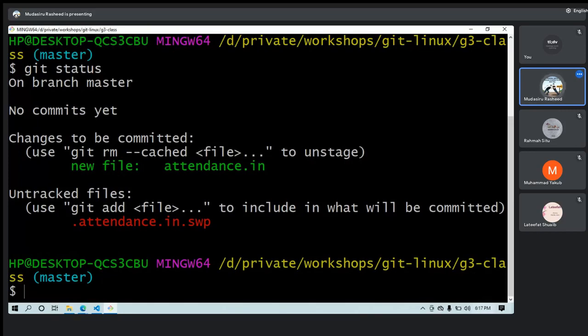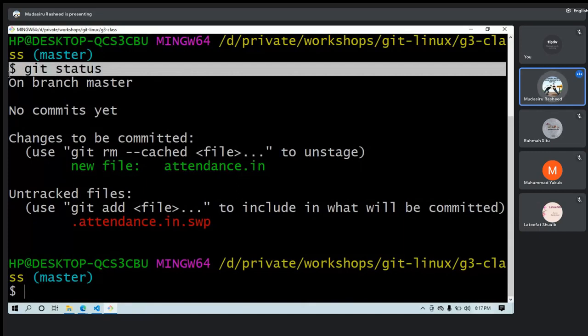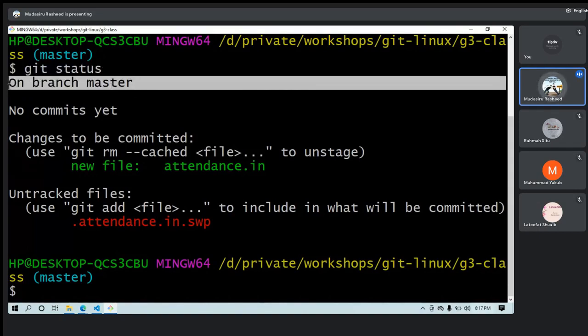So let me retake this in some seconds. What I said is okay. After we run git add and I run git status, it will tell you the status of your git and your local environment. That's what it does. So the git status is telling me that I'm on the master branch. The person who said it's on the main branch will see main branch on their own side.